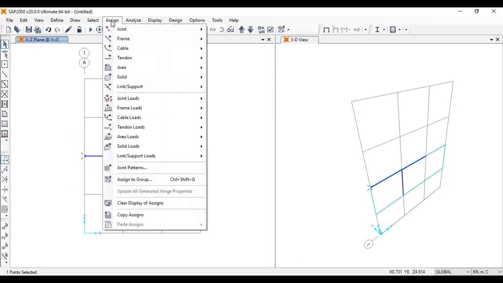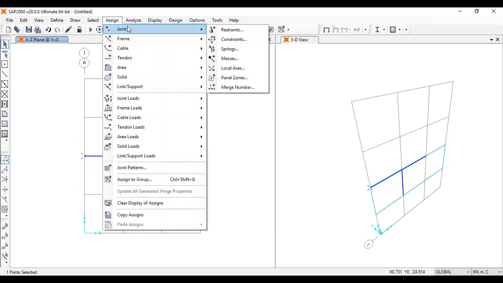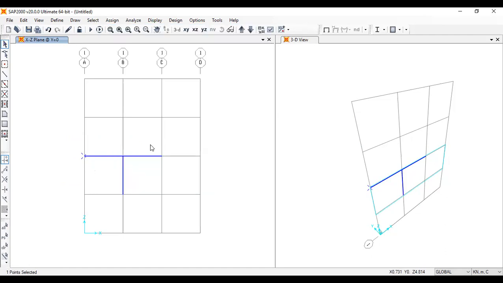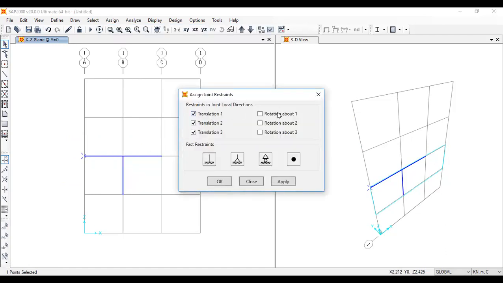So I will assign joint restraints, right? I have 6 degrees of freedom. If the tick is here, that means restraint. You can choose fixed, pinned, roller, or no restraint. If it is fixed, all degrees of freedom are restrained, right? So in the pin, you only have